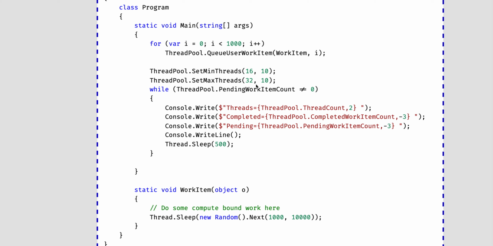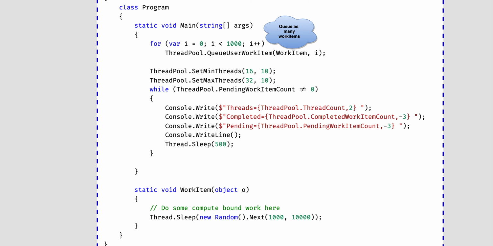But at the same time, we are not bothering ourselves about when the thread is created, when it is scheduled, or what work it does. We simply request for 1,000 work items to be queued. This code, when run, will keep executing these work items in batches of 32. And once there are no pending work items, the program comes to an end.